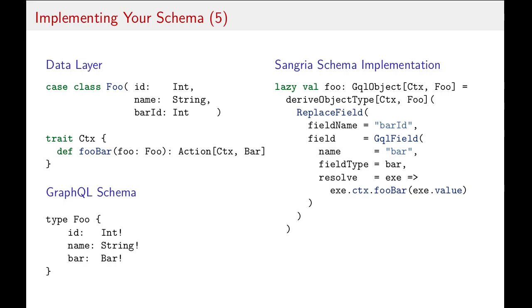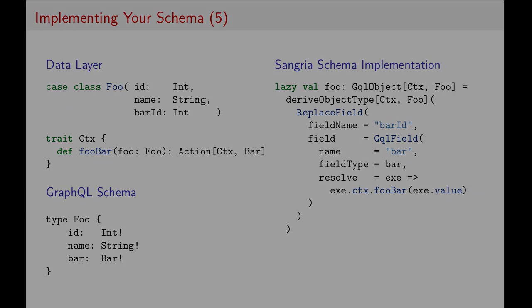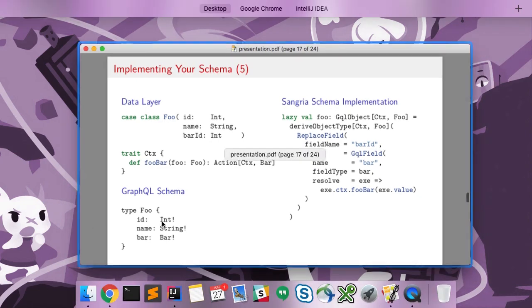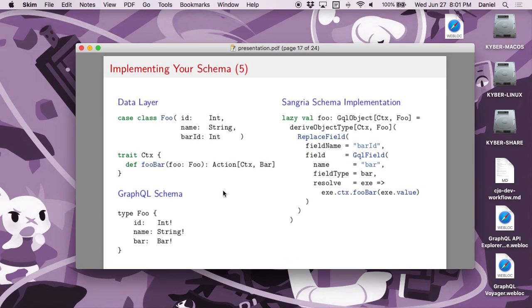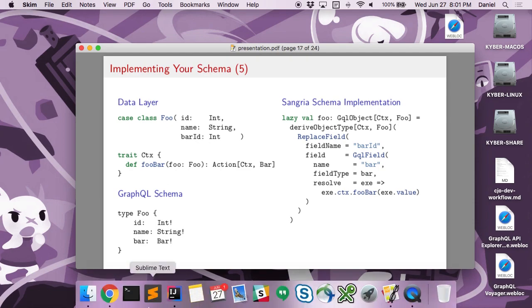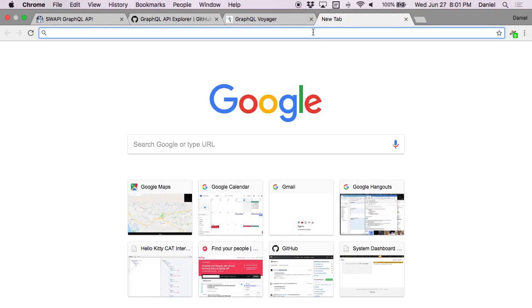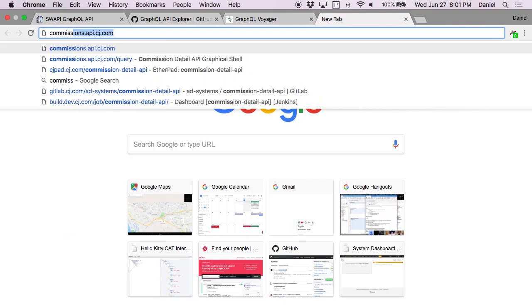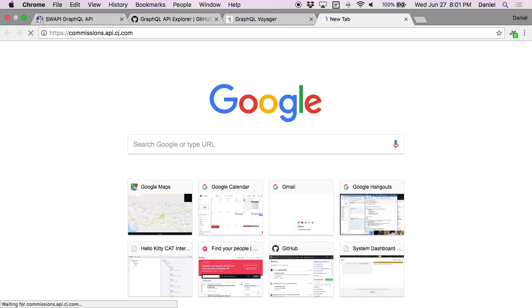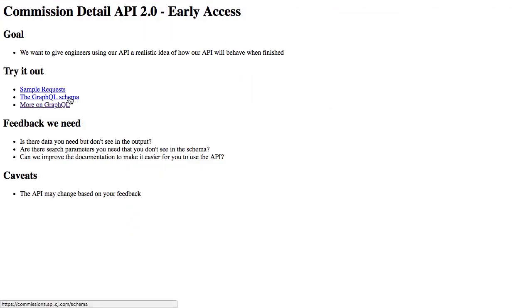I'm trying to understand how you guys do it in a real world system, what best practices you use. So let's take a look at a real world system. So we have our GraphQL schema. We can actually take a look at it right here. So here's our schema,